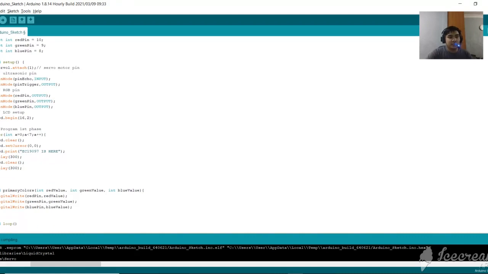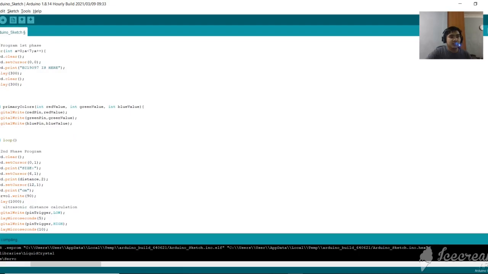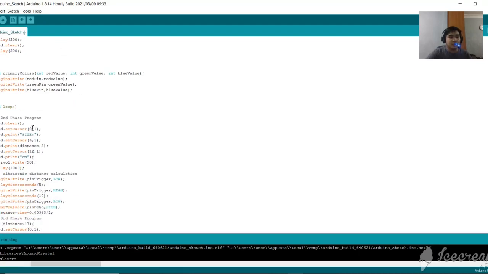For the first phase of the program, we need to make our ID number blink accordingly with a display of ID number is here. So for my ID number EC19097 is here, it will blink for 7 times. Here is the setup for the RGB LED, and then here the void loop, we start the second phase of